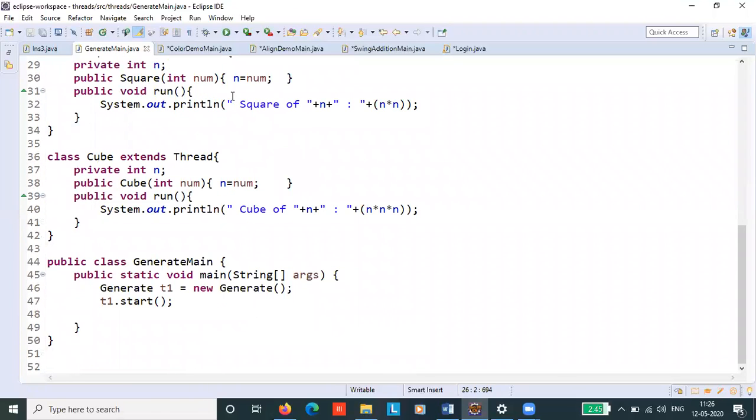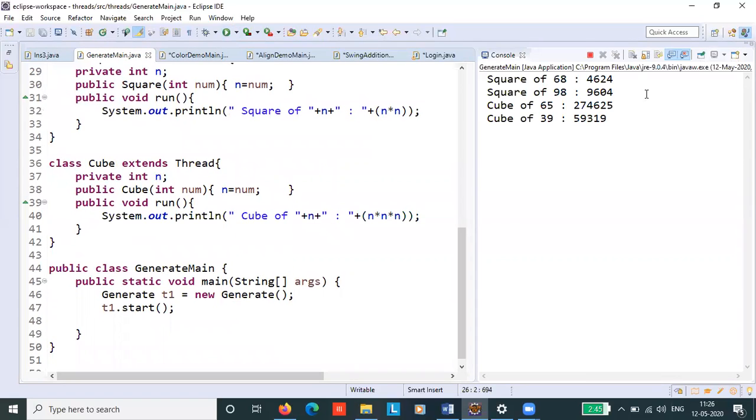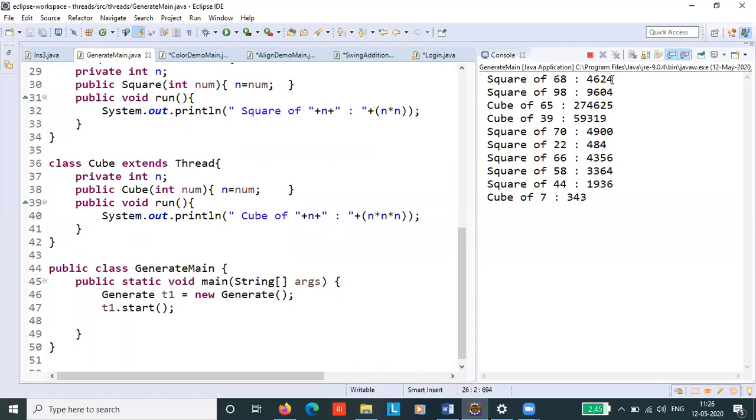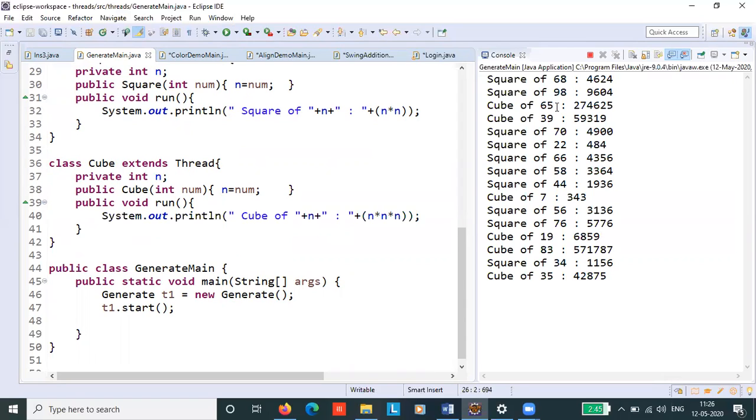Now let us try to run this program. You can see the first number generated was 68, so the square thread is executed. Then 98, so again the square thread. Then it was odd, so it is calculating the cube.